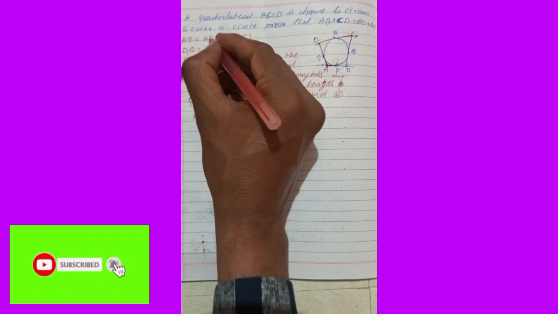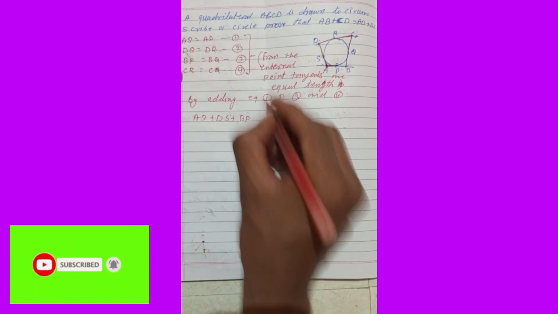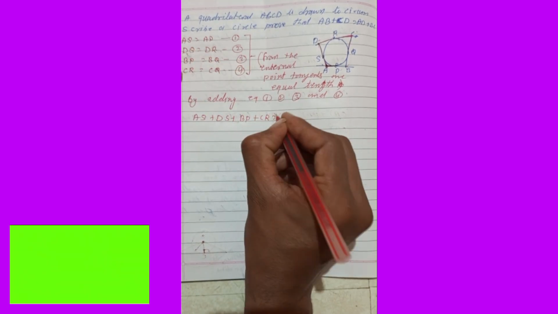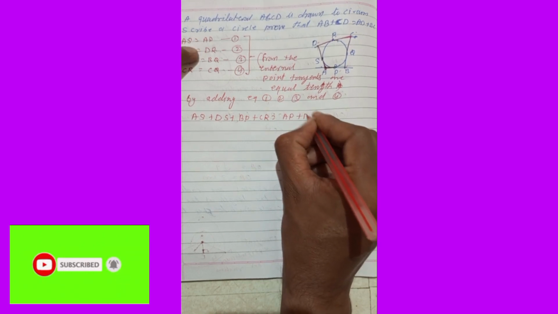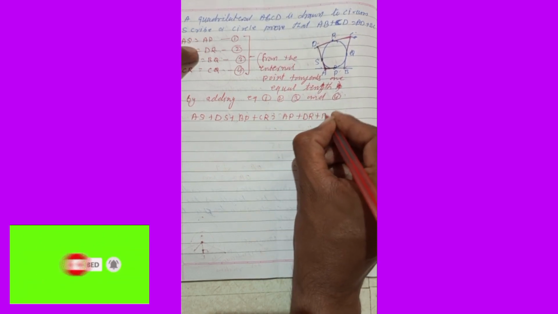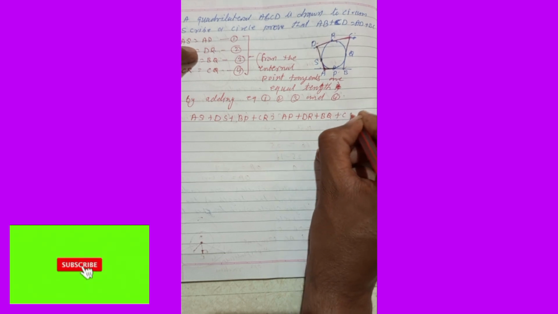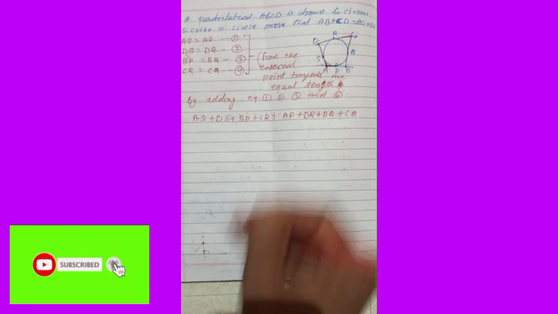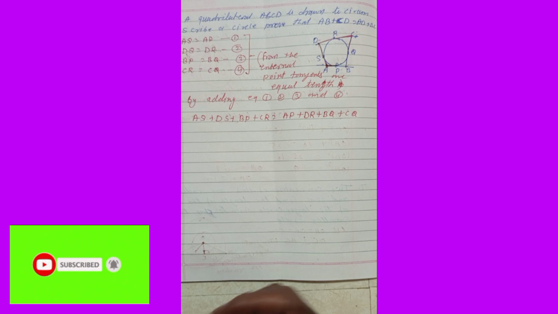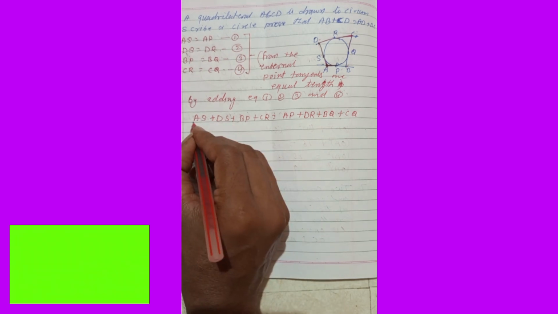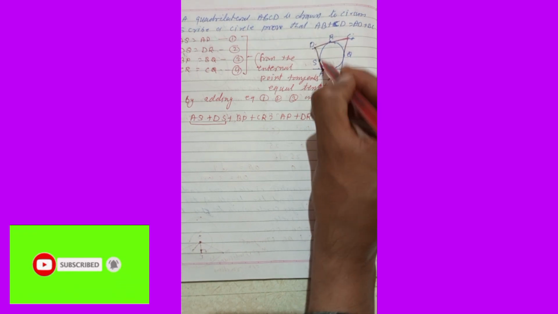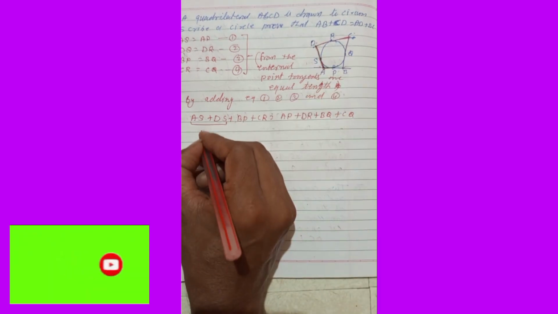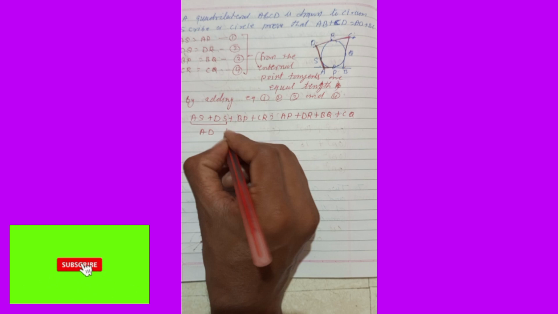Okay, AP. This one is also going to be written: BP plus CR is equal to what we got? We got AP plus DR plus BQ plus CQ. We added it, addition done in that. So what we got? We got AS plus DS. AS plus DS is equal to, we can write, AD.